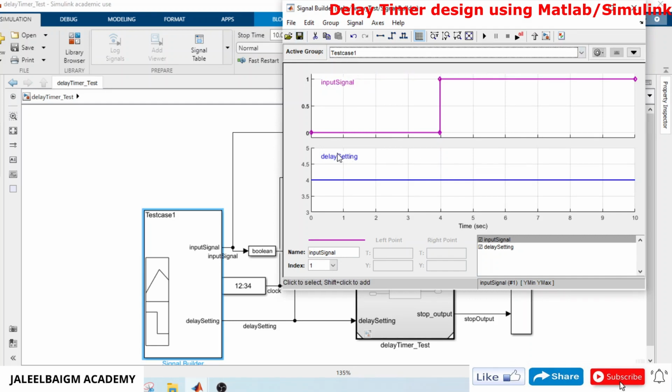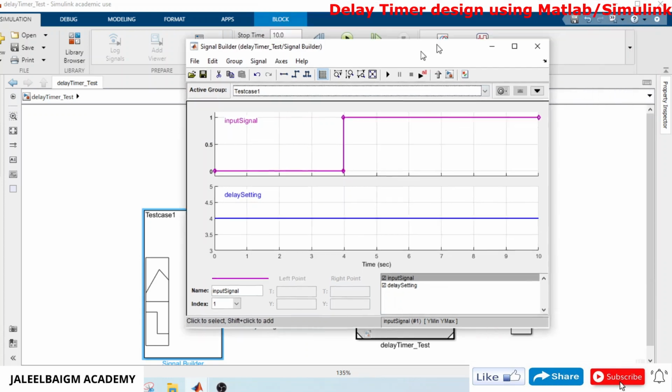I have selected the first test case. This is the input signal. It is 0 from 0 to 4, and at 4 it goes high, and I have given the delay setting as 4 seconds. As soon as we run the simulation, the input will go high at 4 seconds.